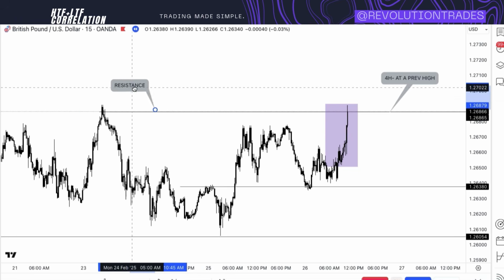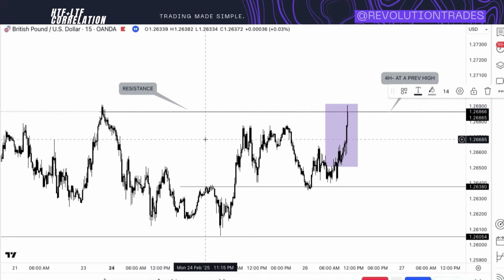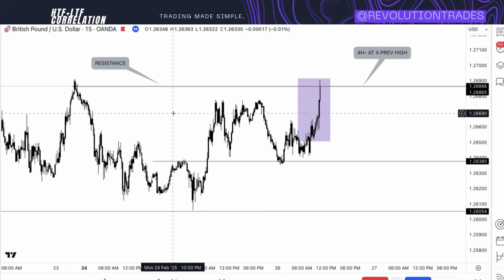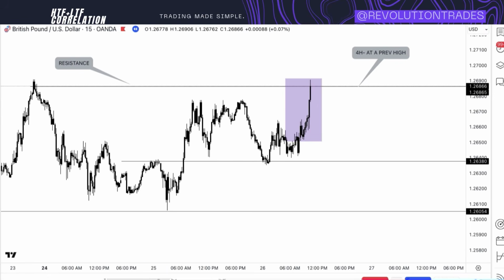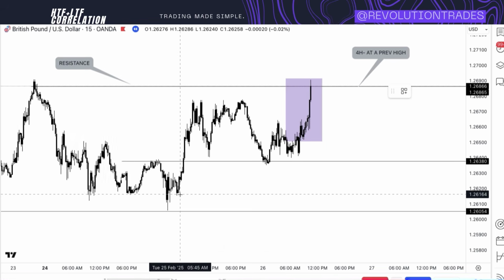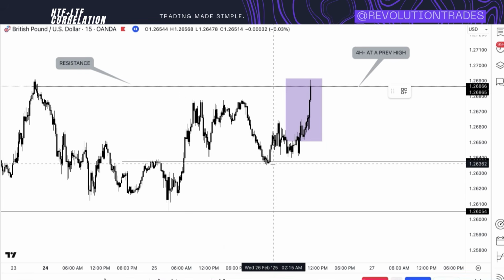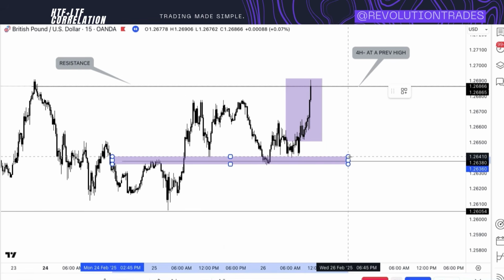It's not easy stuff, but as you practice, you're going to understand this. It took me a while to understand this, but I'm hoping this is helping you guys. Okay, anyways, this is the higher low that was on the 4-hour, and this is why I told you guys,